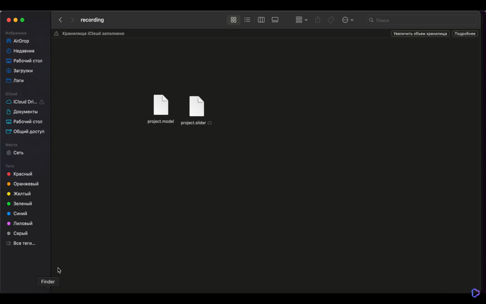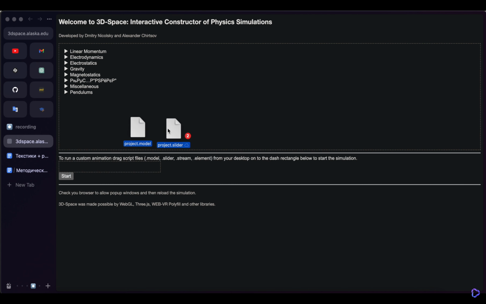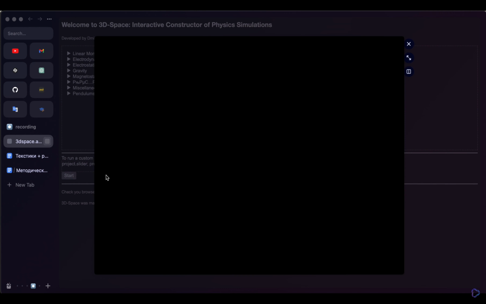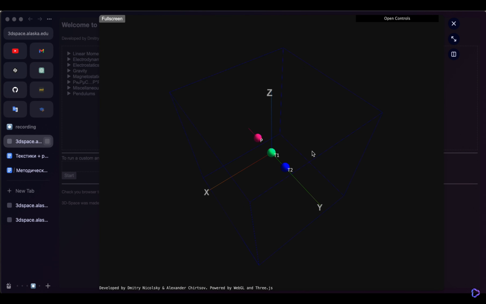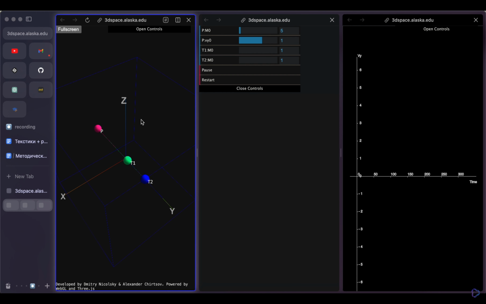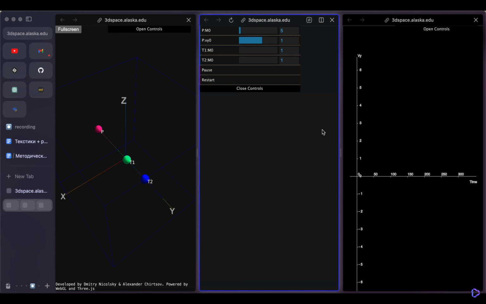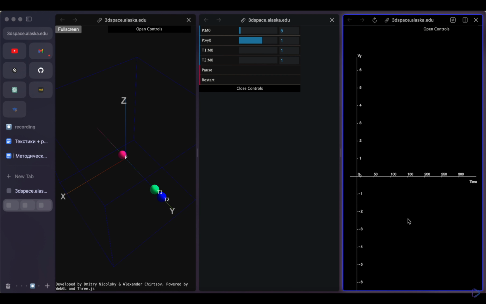If you want to upload your project, select all files of your project, drag them into the corresponding window, and click the Start button. After opening the computer model that is ready for use, several tabs will automatically open. The computer model, represented by the model file, and a tab for each additional file, as well as a tab with a graph if the model includes a graph,